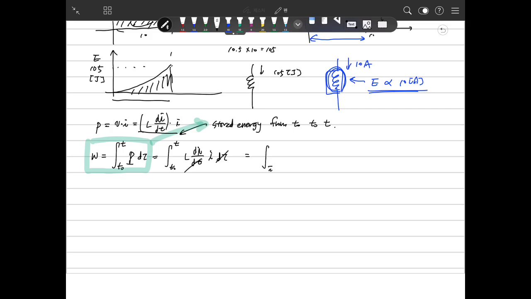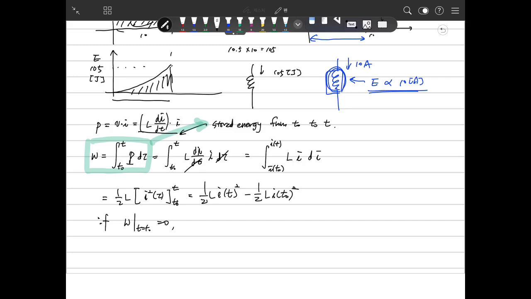So the integral from t0 to t of L i di is transferred to L times i squared over 2, evaluated from t0 to t. So if the energy stored at t0 is 0, that means the energy stored in the inductor is